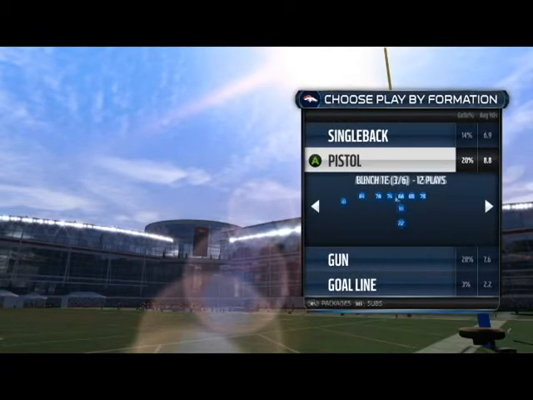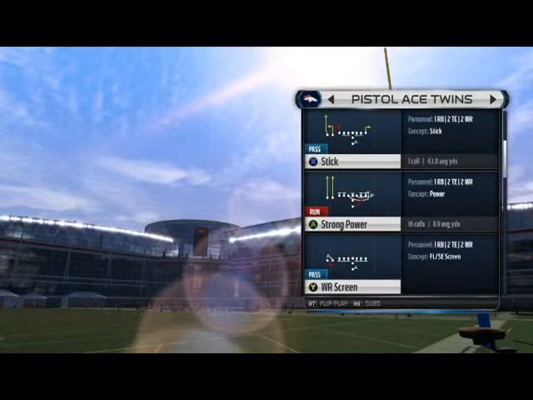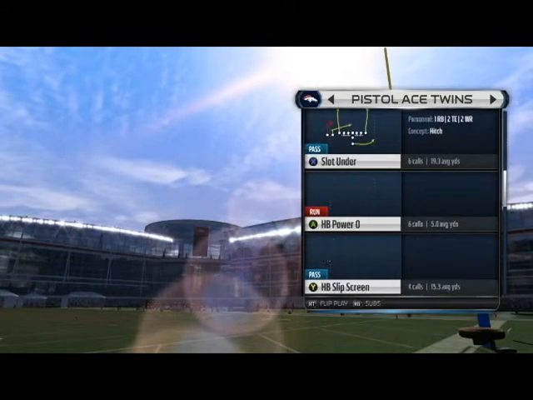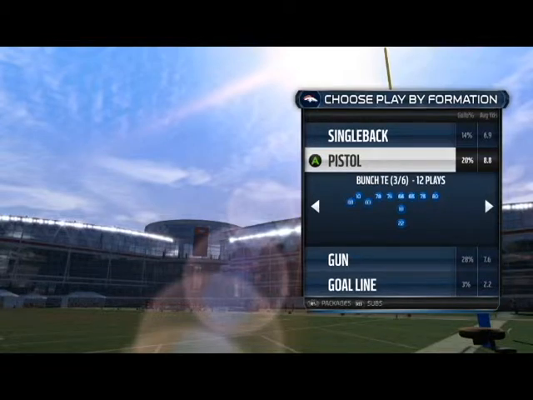Also the ace twins, and a lot of people are saying, why the ace twins? It's mainly this play right here, the halfback counter. Definitely a backbreaker. If run the right way, if your opponent isn't stopping or making any adjustments, you could definitely throw this in here and get a big gain out of it. Strong power is okay out of this. I really wouldn't run it as much as maybe the ace or the bunch tight end, or even the wide trips, just because I think it's a little bit weaker, but it's still pretty effective. Slot under and smash are very good pass plays out of this. Like I said, if you run it right, make the right adjustments, motion people,